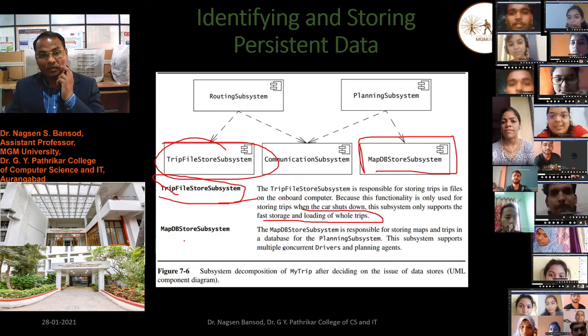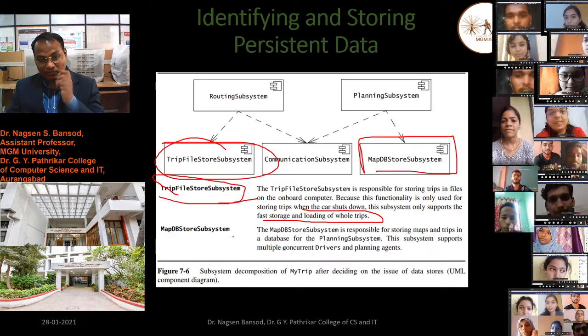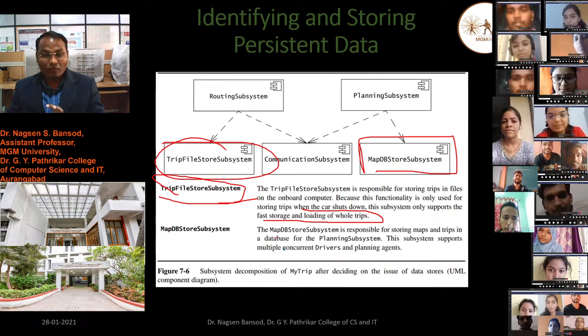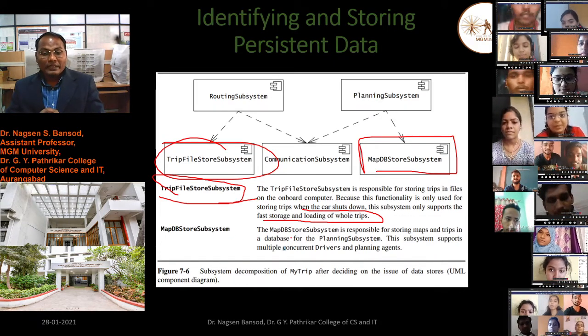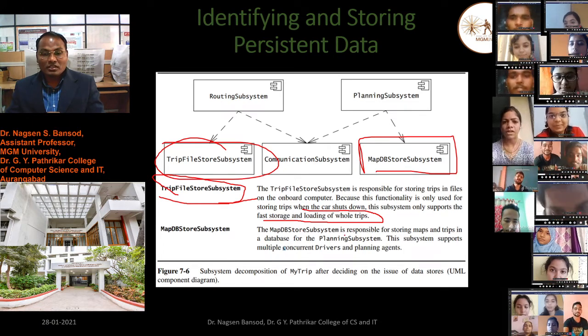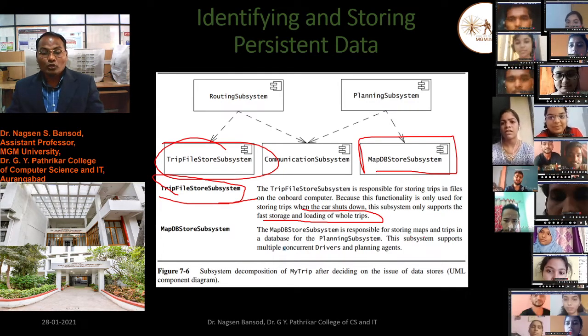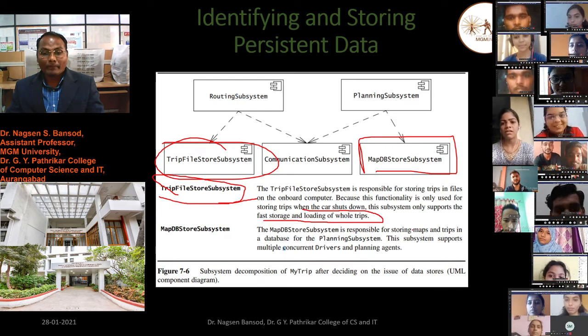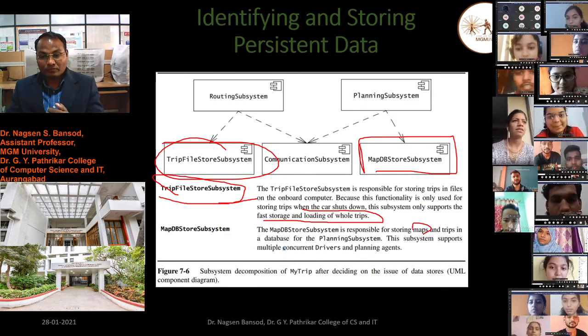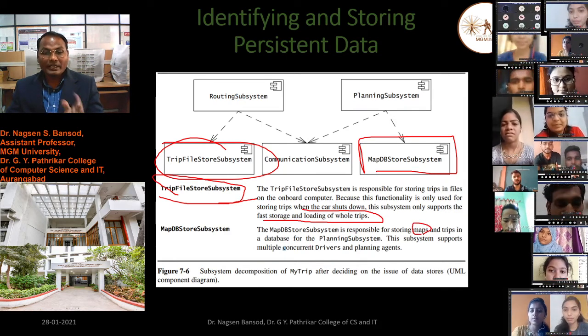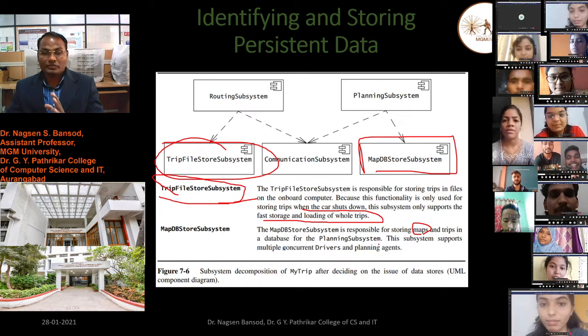The map database store subsystem is responsible for storing maps and trips in a database for the planning subsystem.